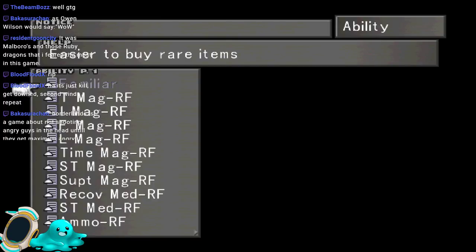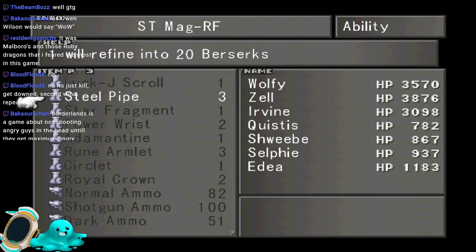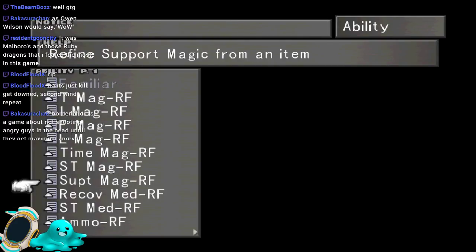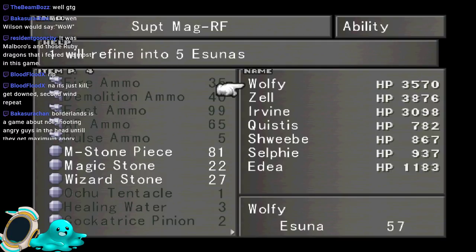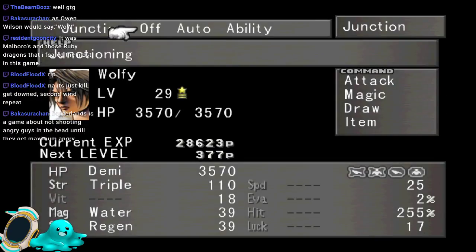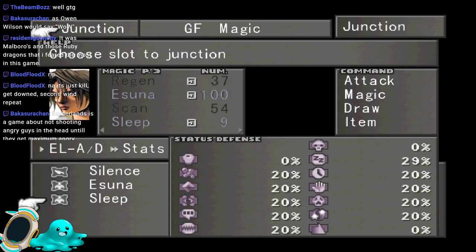Thank you very much for popping in, Boom. It's Malboros and Ruby Dragons that are most feared in this game. Yes. Primarily just because of bad breath. Let's see, can we get some Berserk, Bio, Blind? That's status magic I want. Recovery magic? Status med... Support magic? So we can get some there. Junction, Wolfie, Magic. Asuna gives us 20% resistance to everything, and then we need...